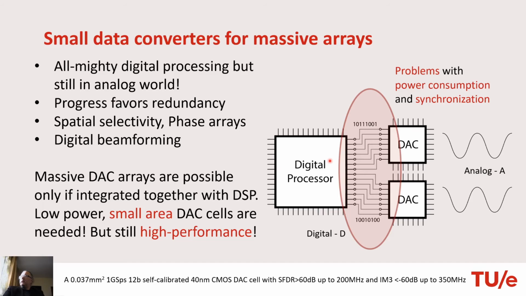In order to be able to do this, you need first that each unit of these D2A converter cells is very small, extremely small, because the total area that they will occupy will multiply by the array factor. Another thing that you need is that each cell is very power efficient, because a single chip needs to handle all the power of the array. And at the same time, you want them to be high performance, to still meet the tough requirements for wireless telecommunication. And this is a problem.